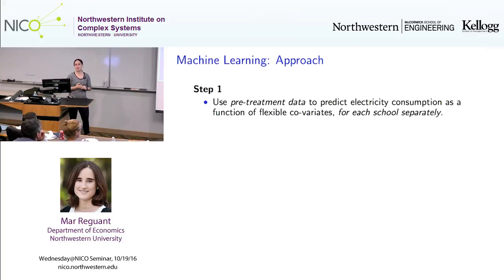So what's the approach that we propose? In our first step, we will use only pre-treatment data. So we will throw away all the treated data, and we will use pre-treatment data to predict what the schools will do after. So this is sort of the before and after approach. Think of taking one school at a time, and for every school coming up with a model that tells you what she will do after, and then just comparing what it really did to what we see in the model. The nice thing is that by doing it for every school separately, computationally, it's much faster, but also it's very flexible. We can be very flexible for every school.